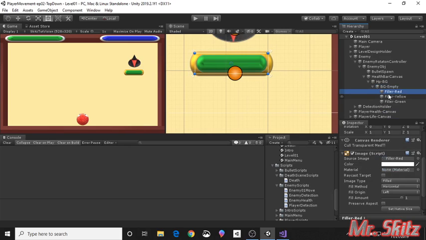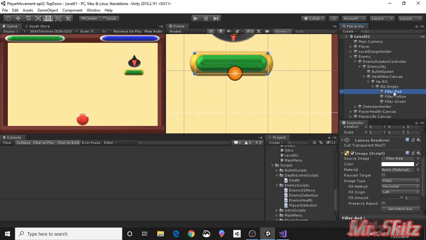weird in different resolutions. So I created a red, a yellow, and a green, and what we're going to do with this, as you can see, the green, this is when it's full. When the player gets 2/3 of health, he's gonna turn to yellow, and then when it gets underneath 1/3 of its health bar, it's gonna turn red. So basically what I did here is I created the filler red first,